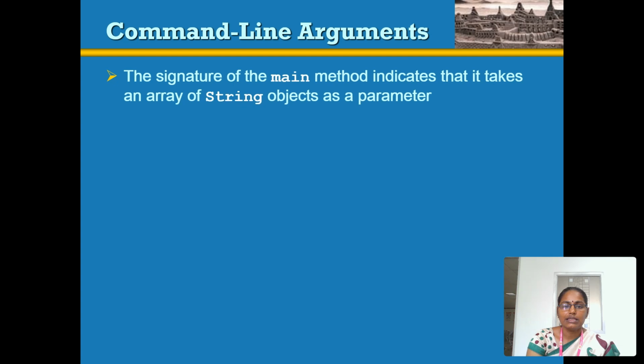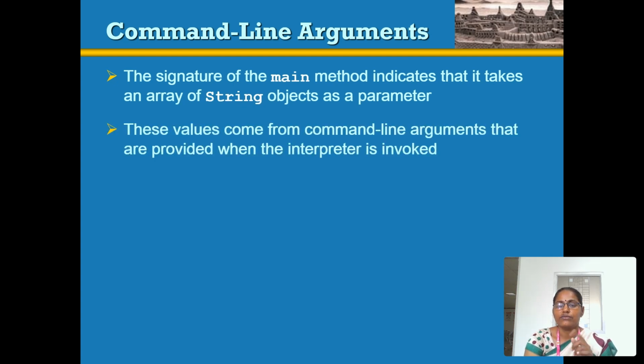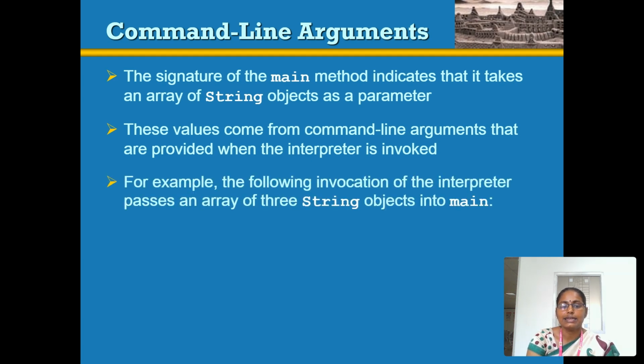Then we have to see command line arguments. A comment, the non-executed statement, is what is called here a command line argument. It uses a hash symbol, and there are single-line and multi-line comments. A single-line comment starts with the hash symbol. The single line cannot be executed. It is only for user understandability. It is a non-executable statement, and the compiler does not compile that statement.